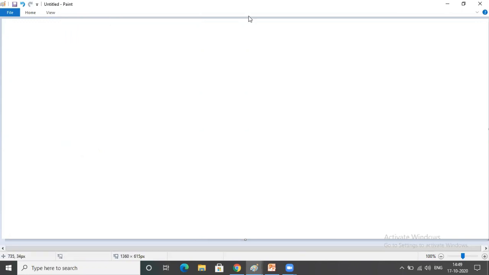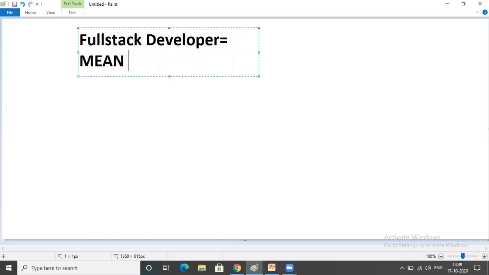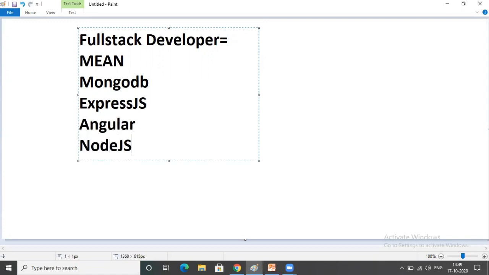Sir, I want to develop. If you want to become only a full stack developer, full stack developer means what? Without Java, .NET, Python, if you develop the end-to-end application, then you are called a full stack developer. Are you following? That is simply what you can call a MEAN stack developer. MEAN means M represents MongoDB. Today's topic is to discuss the MEAN stack. M is MongoDB, E represents Express.js, A represents Angular, and N represents Node.js.